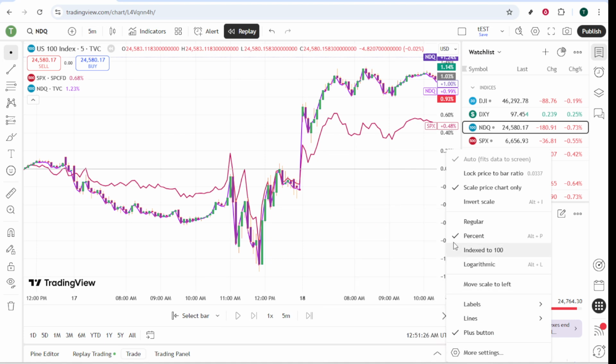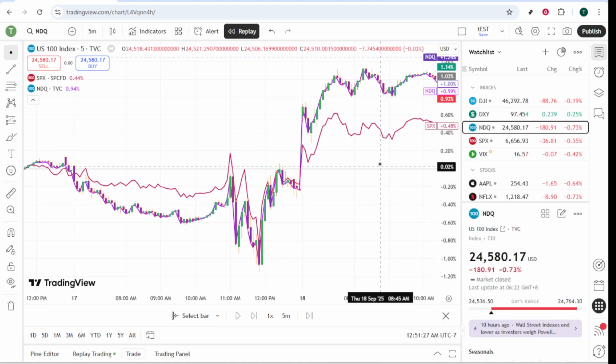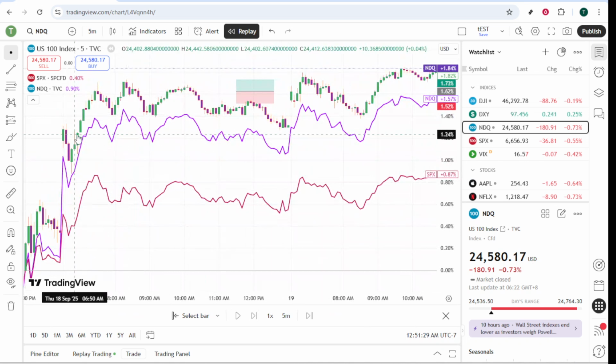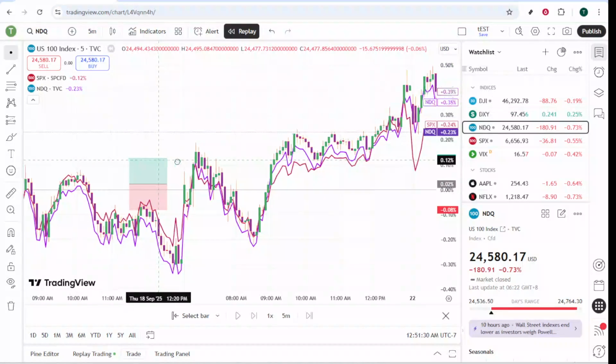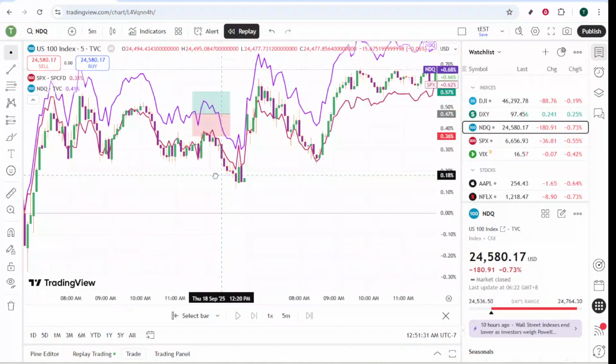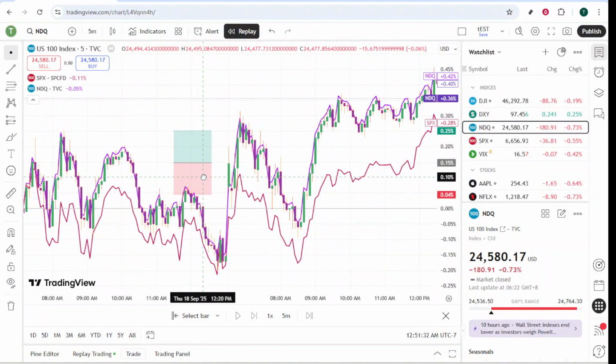And finally, there's the New Pane method. This opens the compared asset in a separate, independent pane above or below your main chart. Looking at separate panes works wonderfully if you want more space to examine each asset individually without mixing their data